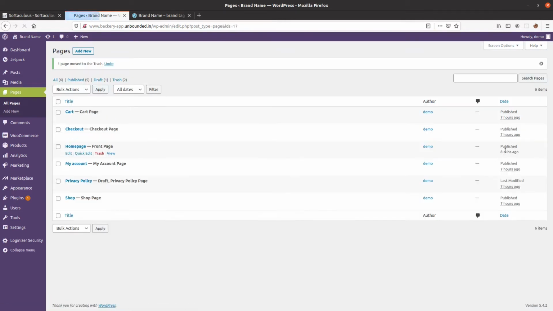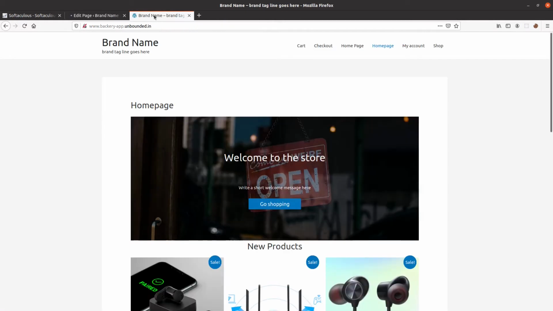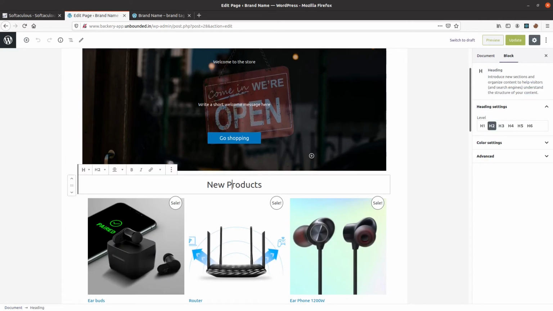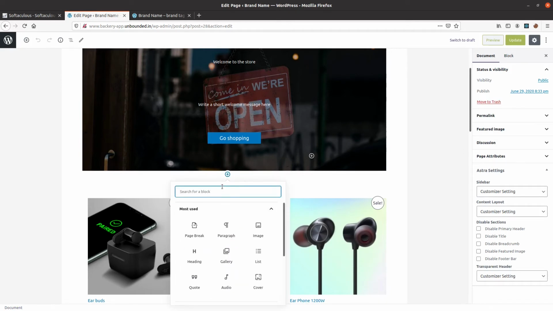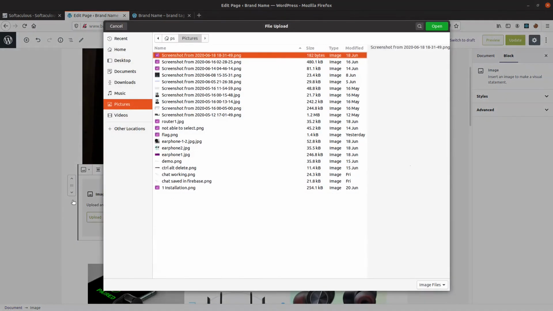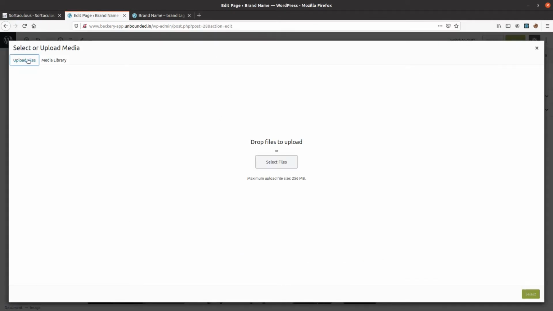You can also view it by the publish time. The recent one is the one which was created by WooCommerce, so we want to keep that as it is. All right, so we are going to edit the home page to add maybe a featured product here, and anything you need to add, you just need to drag and drop, or click a button here. Now maybe you want to add an image, upload, or just add it from the library, because we've already uploaded that image. You can go with either way.